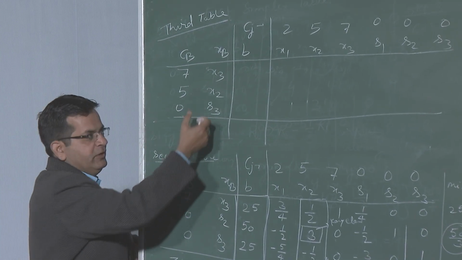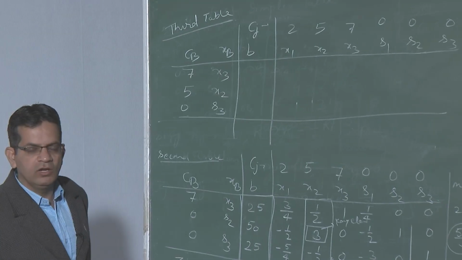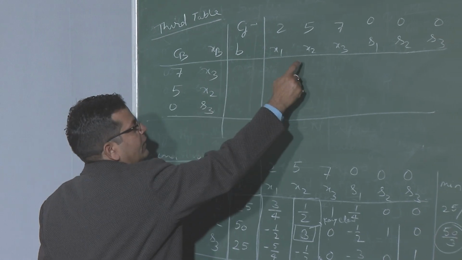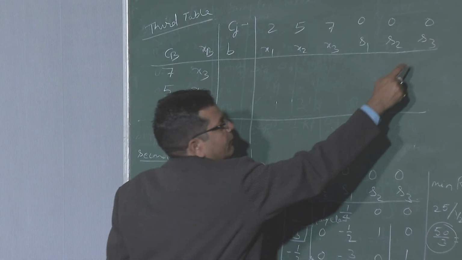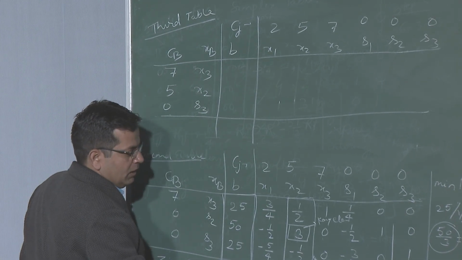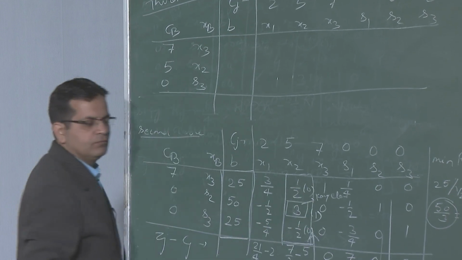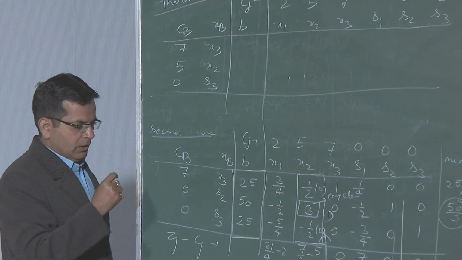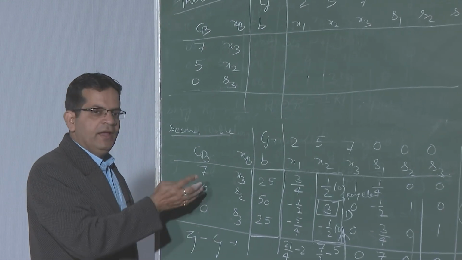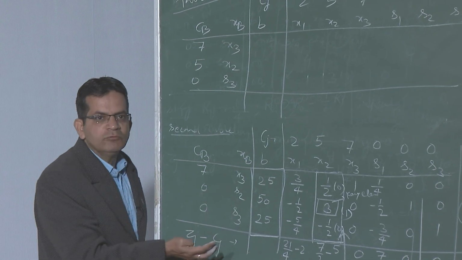Now, we know that corresponding to basic variables we must have the columns 1 0 0, 0 1 0 and 0 0 1. Corresponding to x3 we must have 1 0 0, corresponding to x2 we have 0 1 0, and corresponding to s3 we must have 0 0 1. So, we will do it with the help of this key element. So, I will make this 3 into 1, this 0 and this 0 with the help of the key element. All multiplications and divisions we will do with the key element row, and then we can add and subtract into the other rows. We must make sure that the feasibility of the solution is maintained.